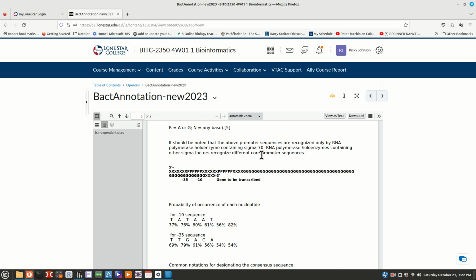There are other versions besides the sigma 70, and when that piece is different, then you will be getting different core promoter sequences. It binds to different things. It doesn't bind to what we've been looking at. And so if there's any indication that you have a different one, you might look at some of these later